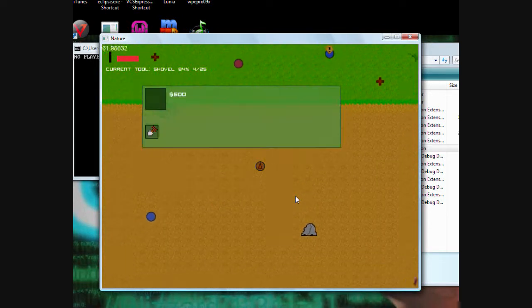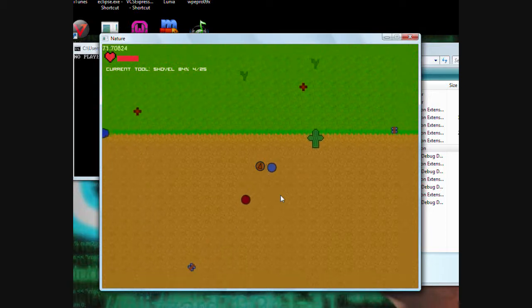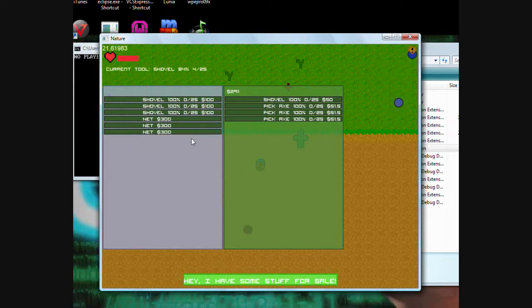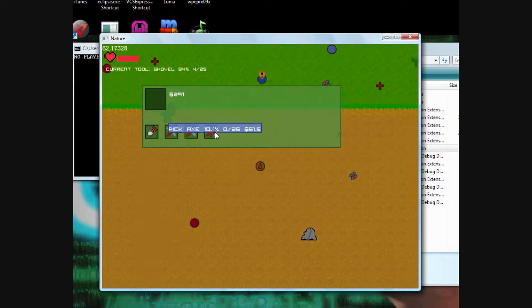And a new tool, the pickaxe. So I'm gonna find a guy that sells tools. Oh wow, I just got lucky. I'm gonna buy 3 pickaxes, and I'm gonna explain how this stuff works. Let me just equip that,